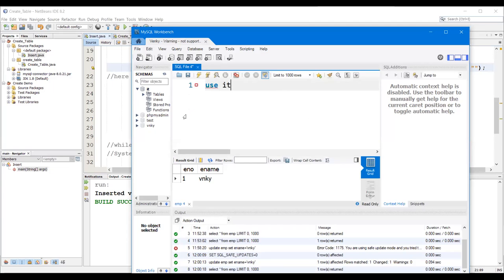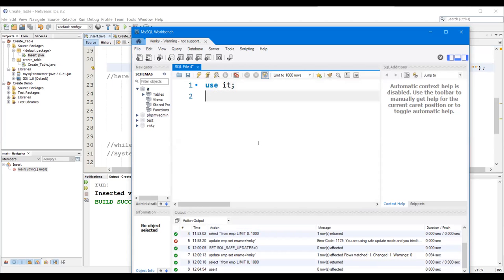Here I'm using database IT, so I have to use it first. Now I want to see how many tables are there in that particular database. For that, the command is SHOW TABLES.